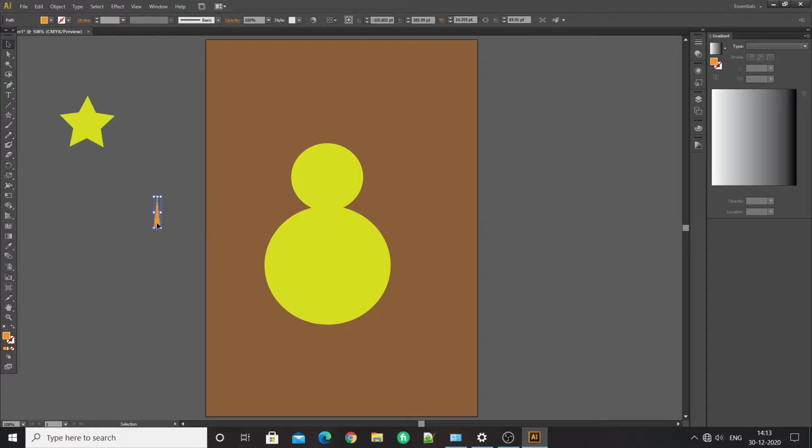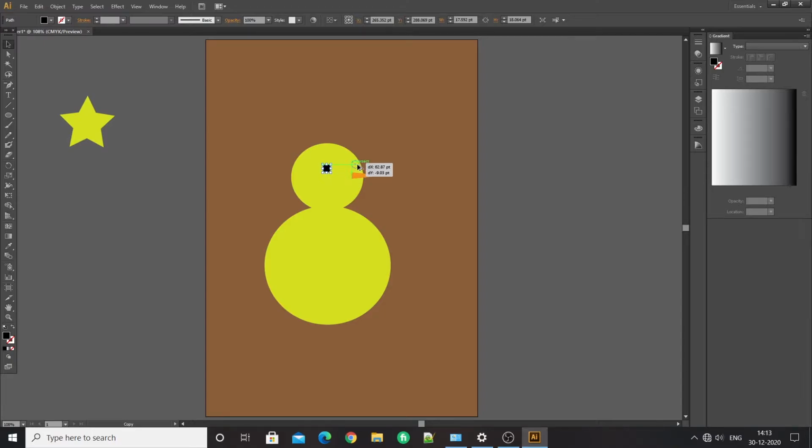Go to the corner of the transform gizmo. You'll see the cursor change, then click and drag to rotate the shape, using Shift so that while rotating it snaps to an angle. Next we will be adding eyes. For this, create a circle and change its color to black, and create a copy by pressing Alt and then dragging.